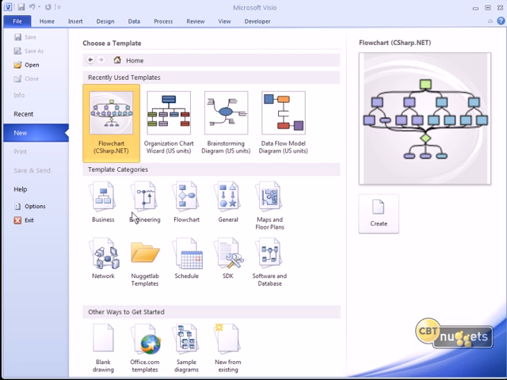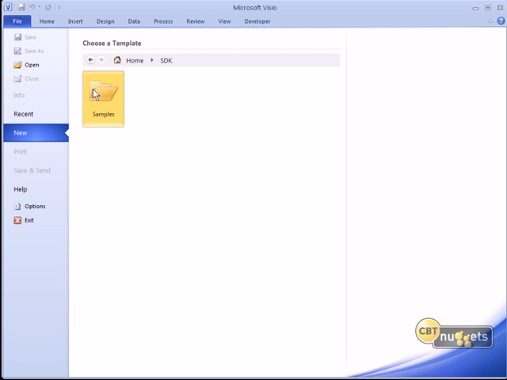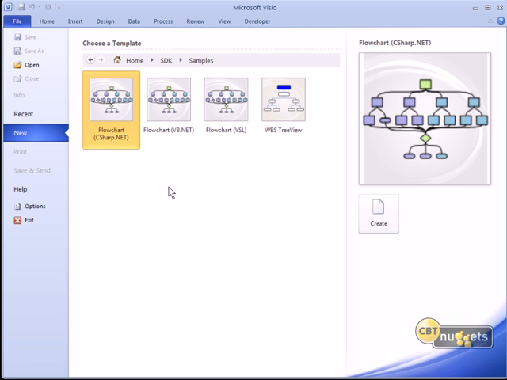For instance, you'll see a new template category here called SDK, and in there we have a subfolder called Samples, and these are different programmatic Visio files that tap into the .NET framework, not VBA, but actually the full-fledged .NET framework that we use the Visual Studio IDE for.